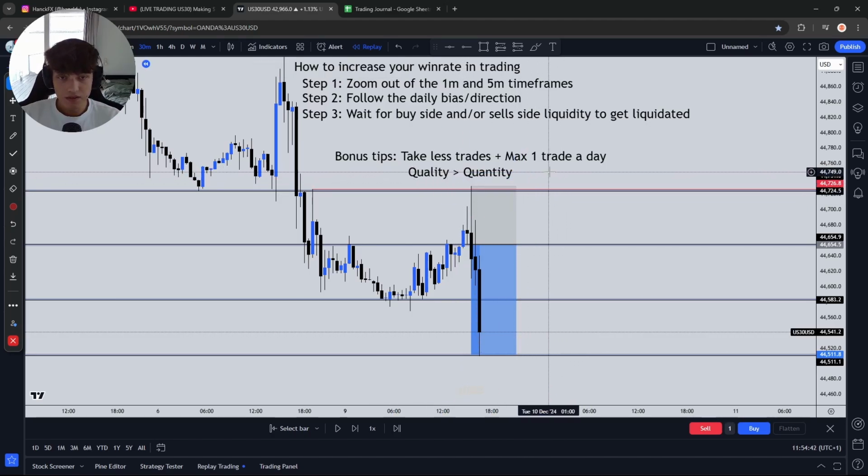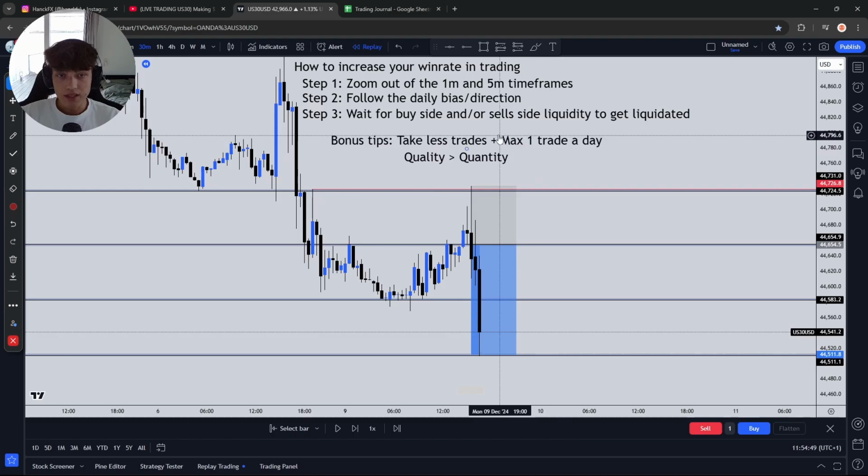Instead of just 5 different setups, focus on one. Focus on one A+ setup only, right? And that goes pretty hand in hand with the second bonus tip, which is a maximum of 1 trade a day. Once you've taken 1 trade, there's a reason why you either got stopped at break even, you got stopped at your stop loss, or your price went to a TP, right? You took advantage of the move, or if it hit your stop loss, you didn't quite catch the move, right? But take 1 trade a day, and this will increase your win rate because you won't get greedy